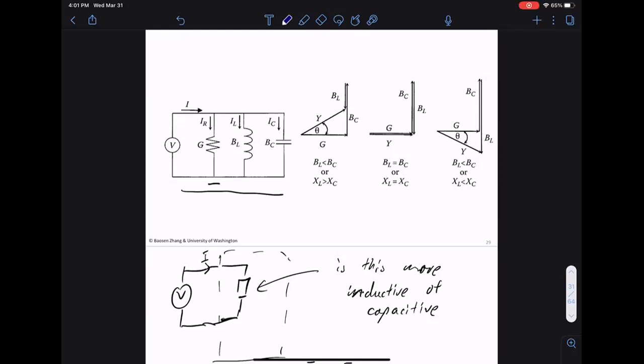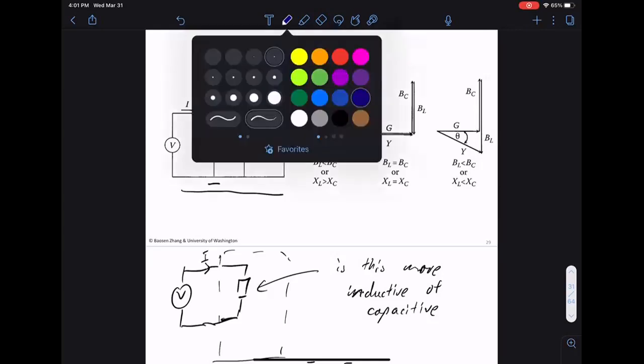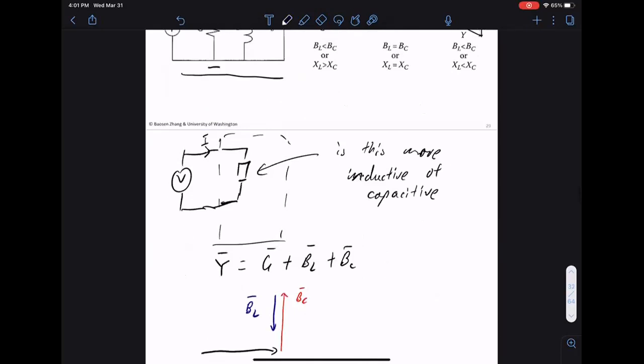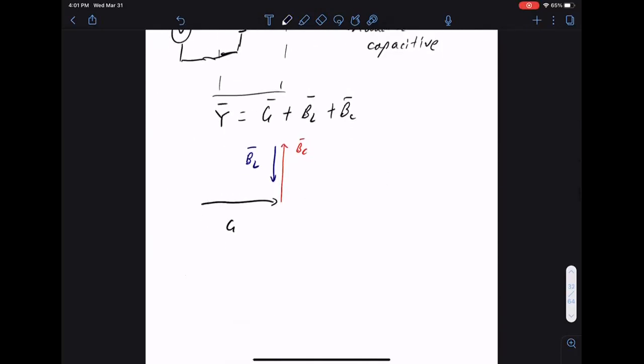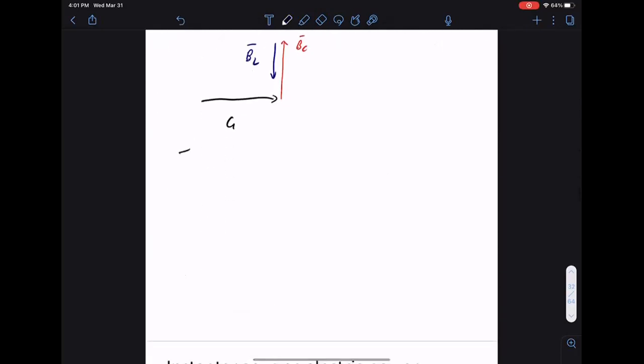That's a good question. So let's look at why in practice we may want them to cancel out, right? So why do we want them to cancel out? The reason we have this trick and we do this cancellation is the following. If you look at the transmission line,